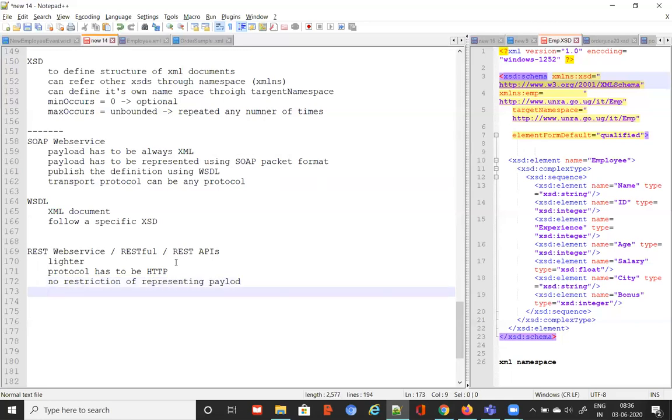That means it can be XML, it can be simple text, it can be CSV, it can be JSON, anything, as long as your client and server have an agreement saying that I'm going to send you a JSON. The server knows how to understand the document. Or the other way also, the server knows I'm going to always send CSV to you. The client has to know how to interpret the data.